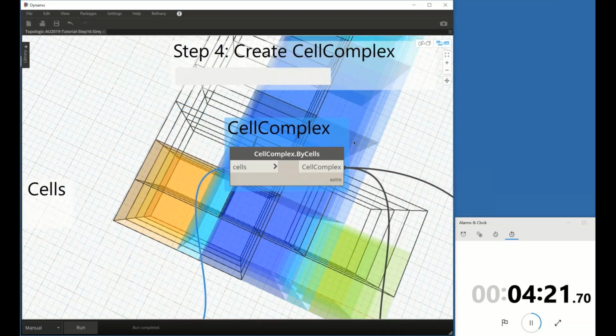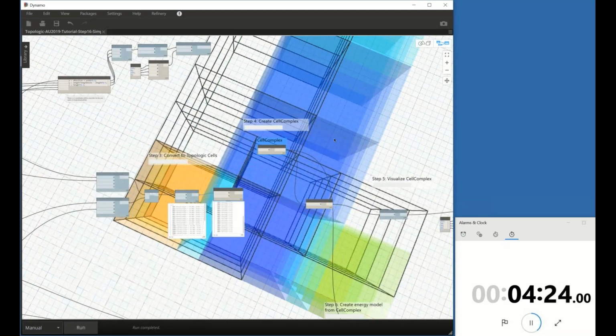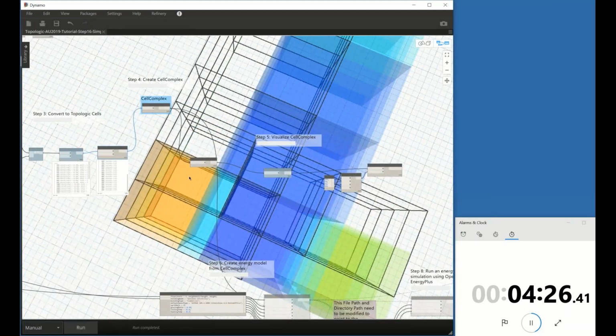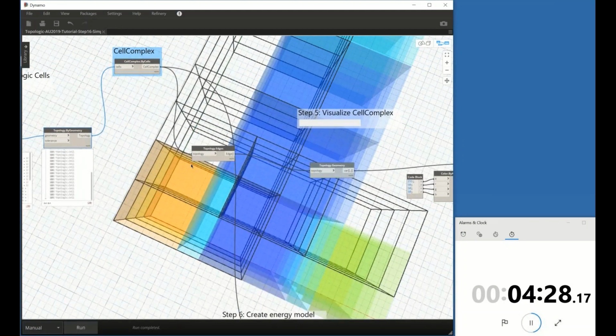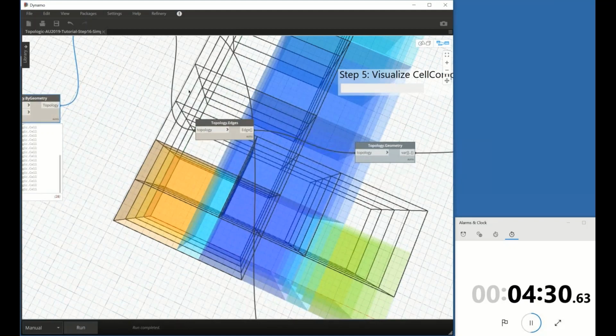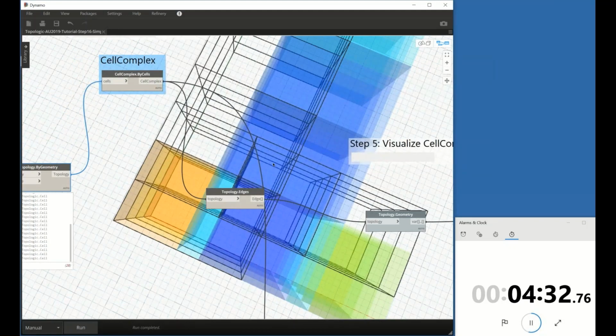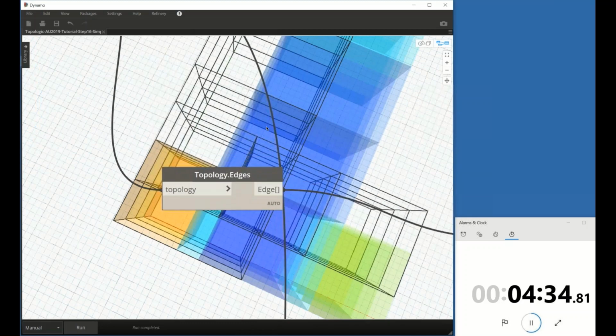Right, so we've built the cell complex. All right, we can visualize it. That's absolutely fine. As you can see here, I'm getting the edges of that cell complex. And again, those edges that I'm getting here from the cell complex are the exclusive edges. They are not overlapping in any way. So you can get an accurate quantity of